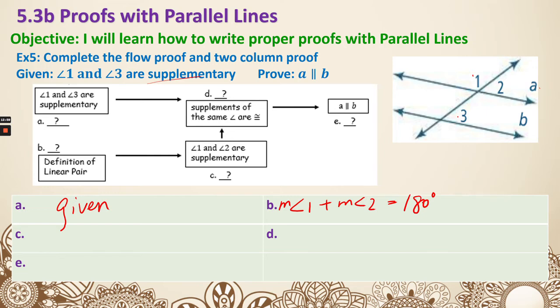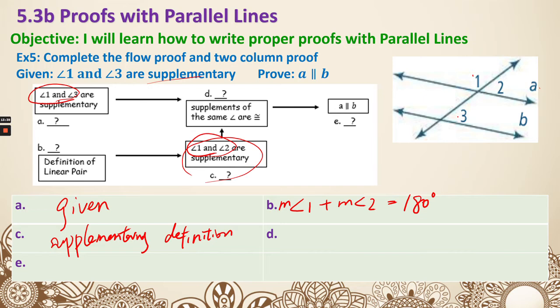And for C, it said supplements of the same angle are congruent. Well, that actually is based from the same information. So you can clearly see from the previous step, angle 1 and angle 2 are actually supplementary. The reason that's supplementary is the definition. That's for C. Then for D, because angle 1 and angle 2 are supplementary, angle 1 and angle 3 are